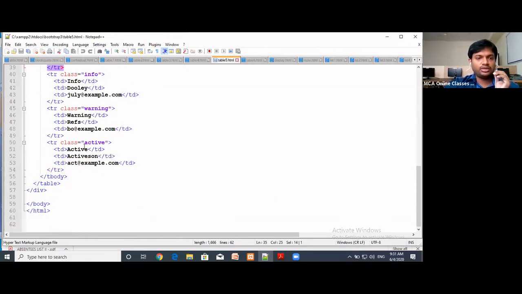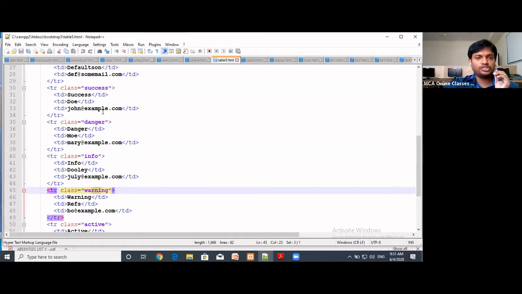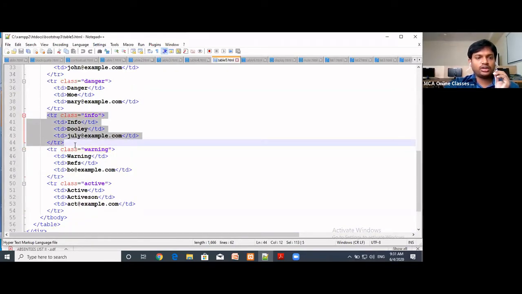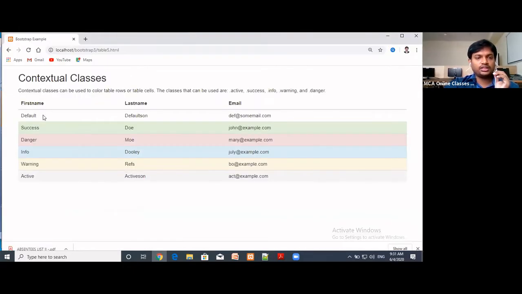You have to remember these classes: active, warning, info, danger, success. Once we add this to our table row, automatically that row will get this particular color. This is about contextual classes.